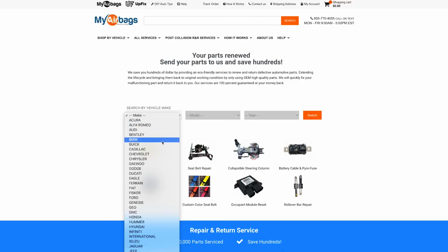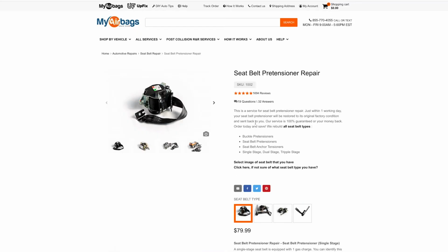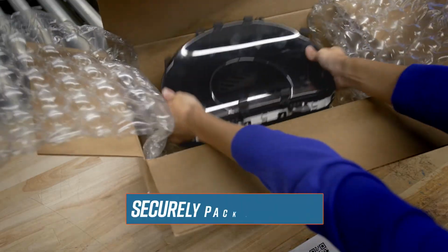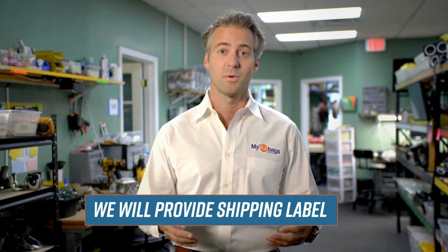Our service is fast and easy. Step 1, visit MyAirbags.com or use our mobile app. Step 2, add the part you need to the shopping cart and check out. Step 3, securely pack this part so it cannot be damaged in transit. We will give you a shipping label to send your parts to us to be rebuilt using OEM original manufacturer